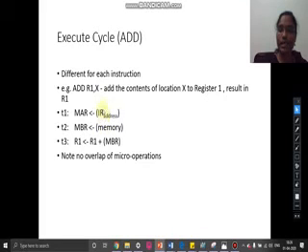So the address present in the instruction is given to the memory address register. From there, the content of that memory address will be fetched and given to the memory buffer register, and finally we are adding the contents of the memory buffer register and R1 to get the result. So these are the different micro operations that are used within the different stages of your instruction cycle.